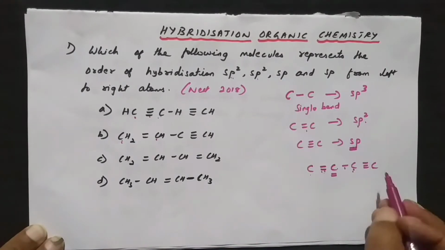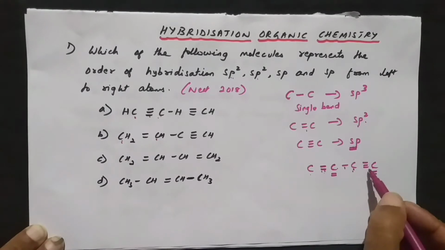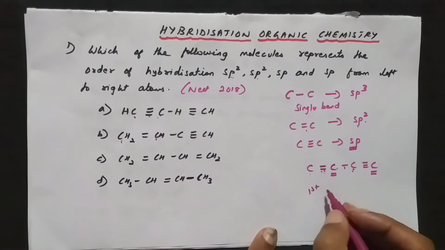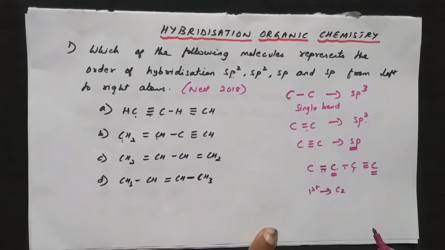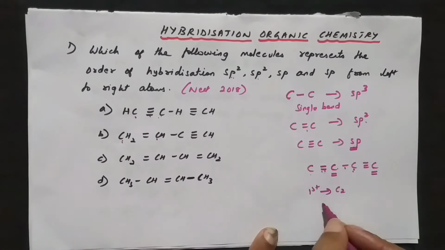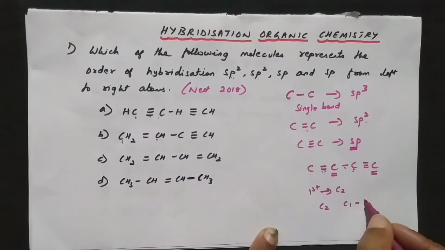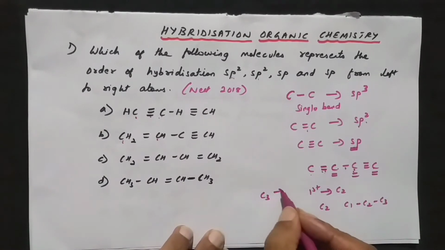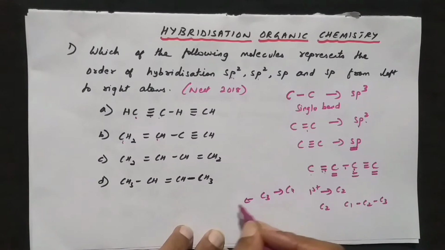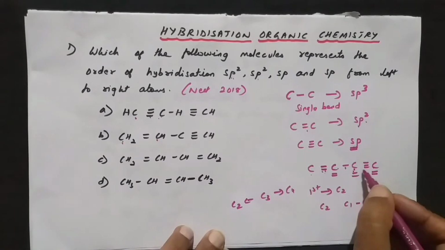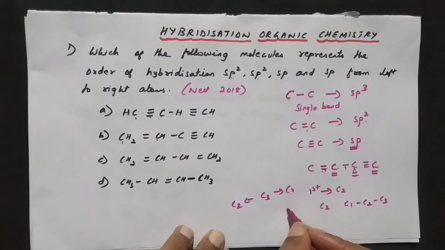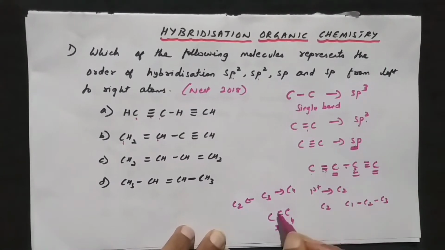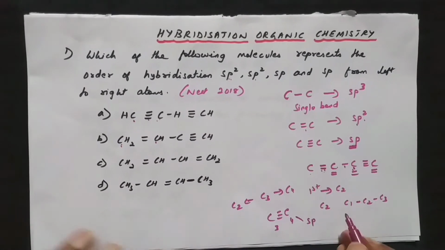Getting it? So coming to the fourth carbon, you can see here. When we speak about the first carbon, you have to check directly with the second carbon, C2. When you take the second carbon, you have to check with C1 and C3. When you take C3, the third carbon, you have to check with C4 and C2. But in case of the last carbon, you can check only with the previous one. So when I take C4, you have to check only with C3. Again a triple bond is there, so triple bond will give sp.